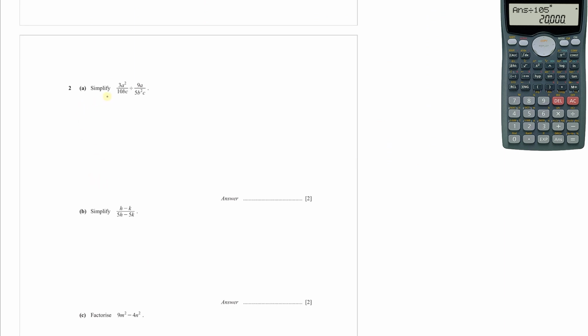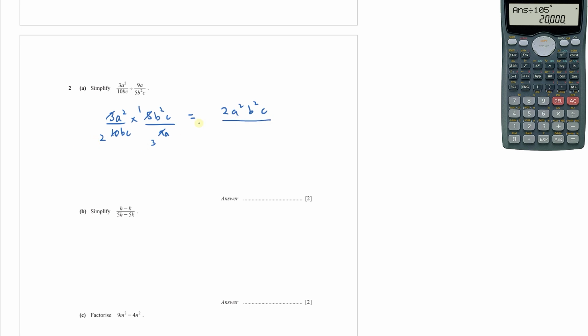Question number 2, part A is simplify this expression. So I can convert this division sign into multiplication. So this will be 3a square over 10bc multiplied by the reciprocal of this, 5b square c over 9a. This 3 will cancel out with this. This 5 will cancel out. 5 times 1, 5 times 2 is 10. So this will become 2a square b square c